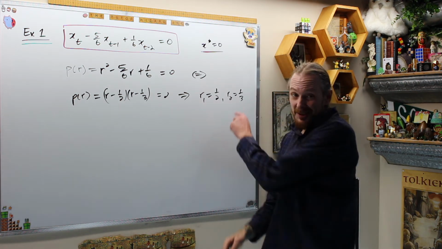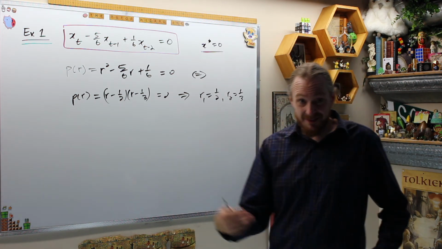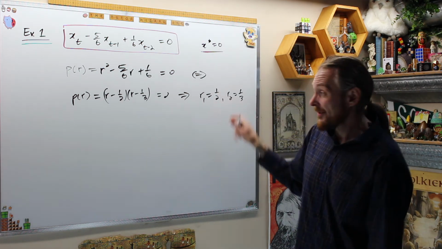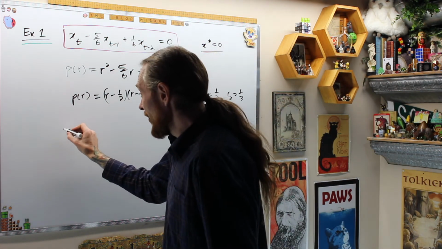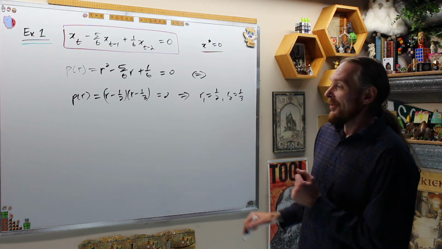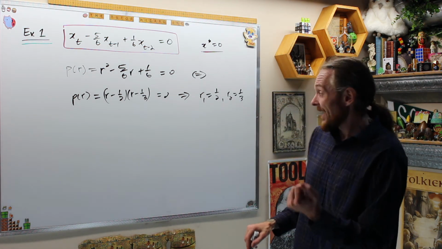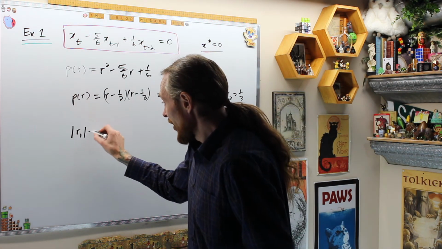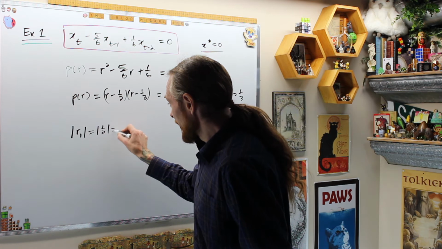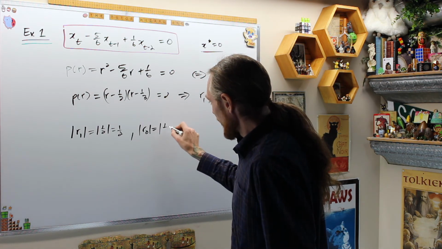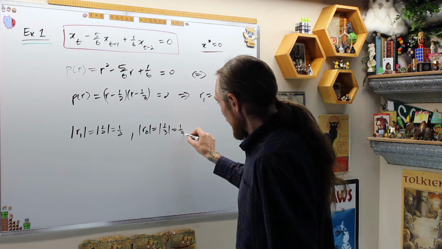And this is what I always try to do. I've made r1 the dominant eigenvalue anyways, but let's see what that says. Therefore, because they're both real and positive, that immediately says, first of all, let's do the asymptotic stability. Let's do it in the order that the theorem says. So for condition 1, is this asymptotically stable? We want to look at what is the absolute value of R1. That's the absolute value of 1/2, which equals 1/2. And the absolute value of R2 is the absolute value of 1/3, which is 1/3,